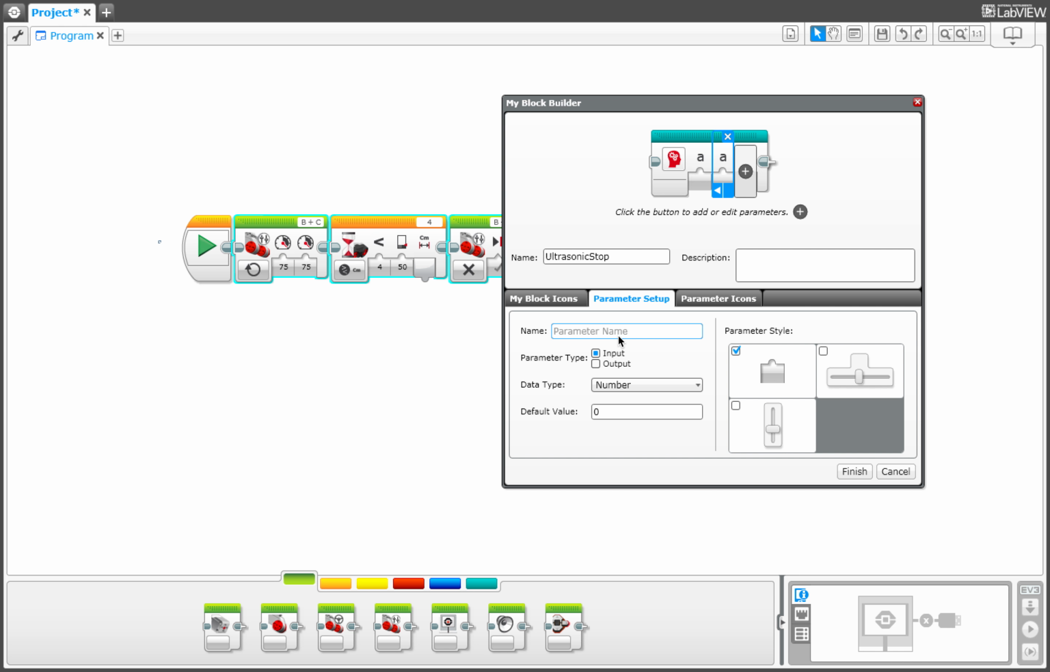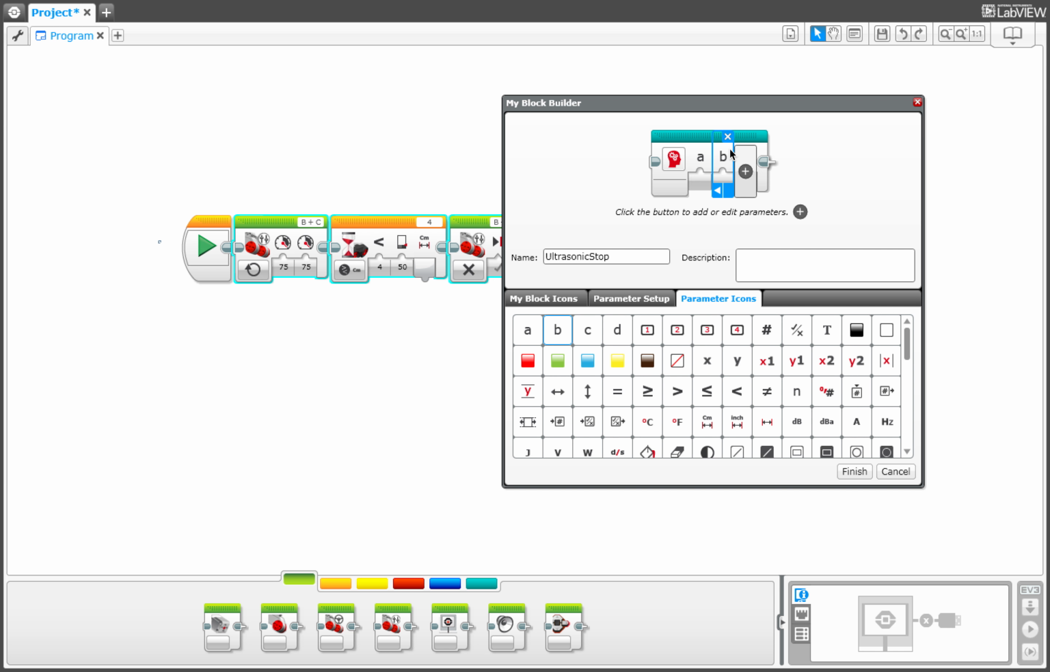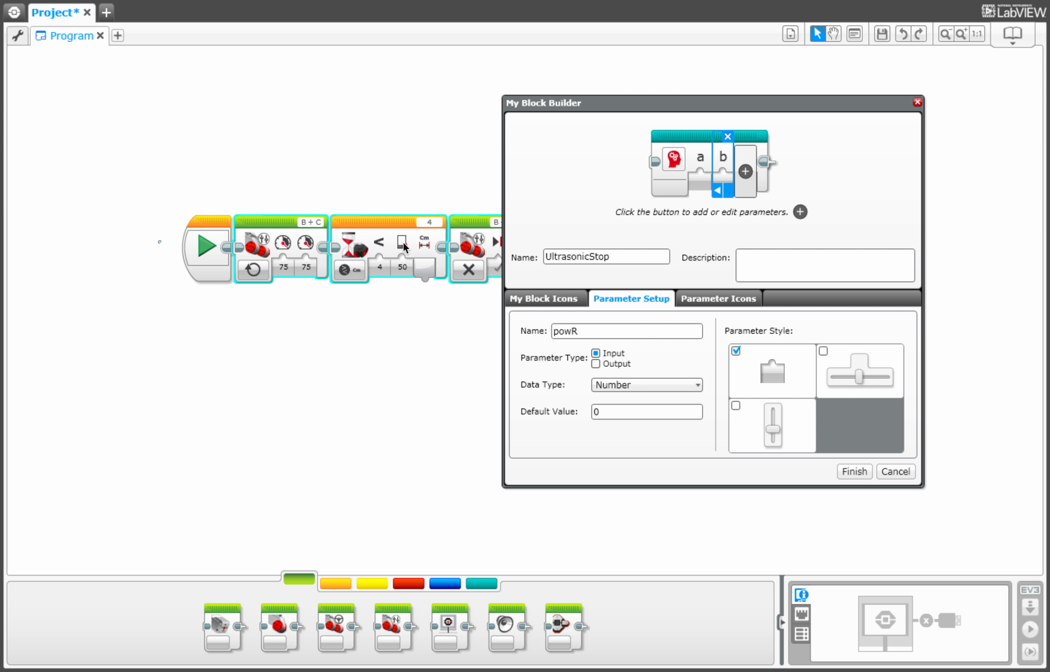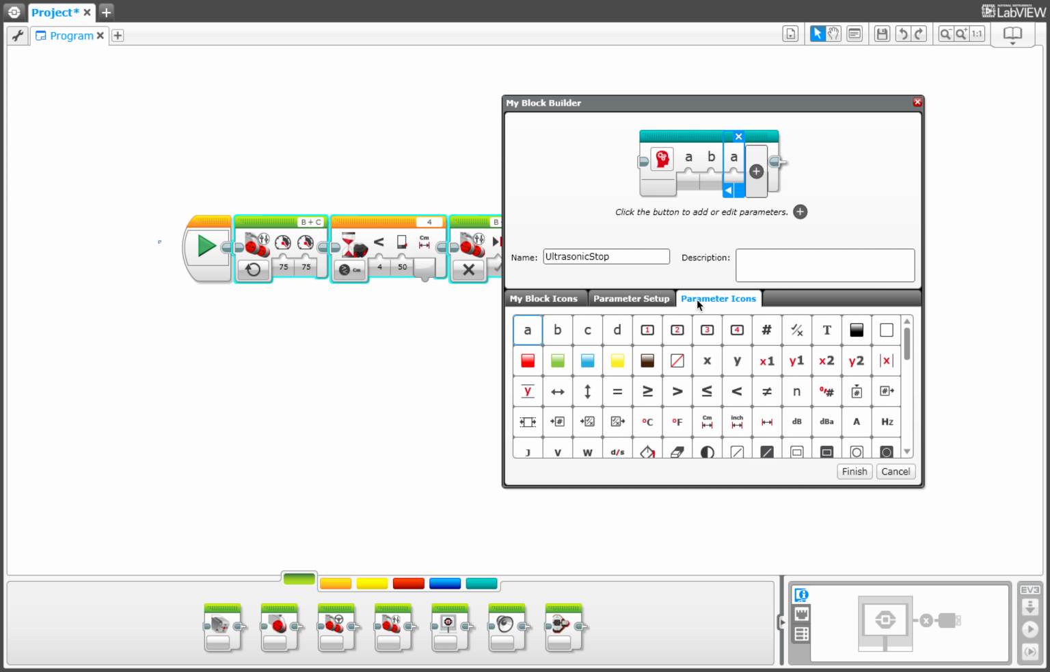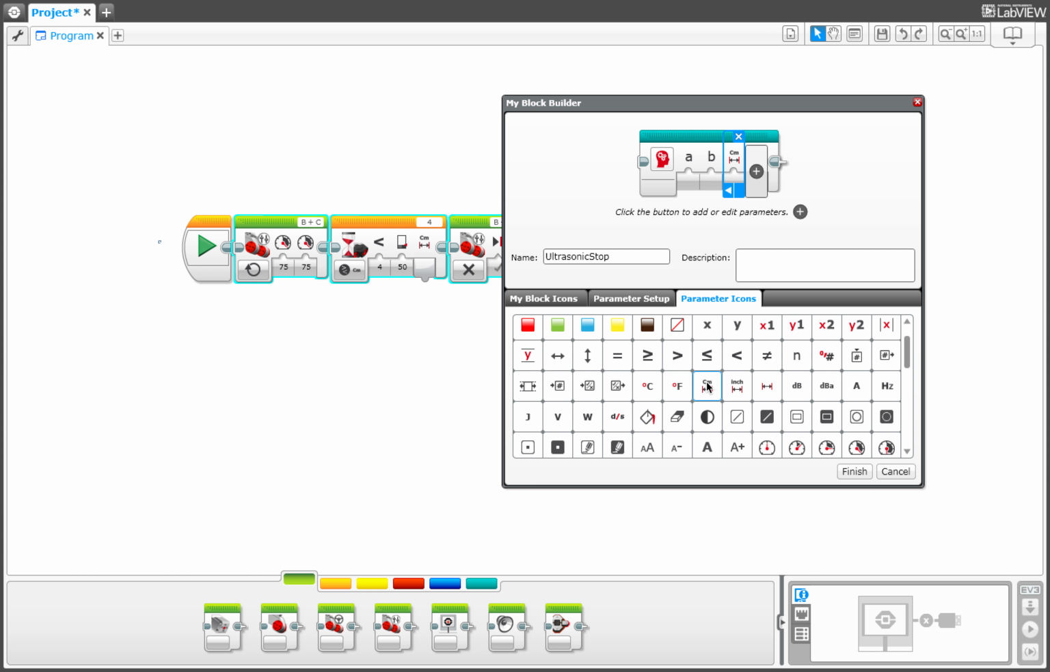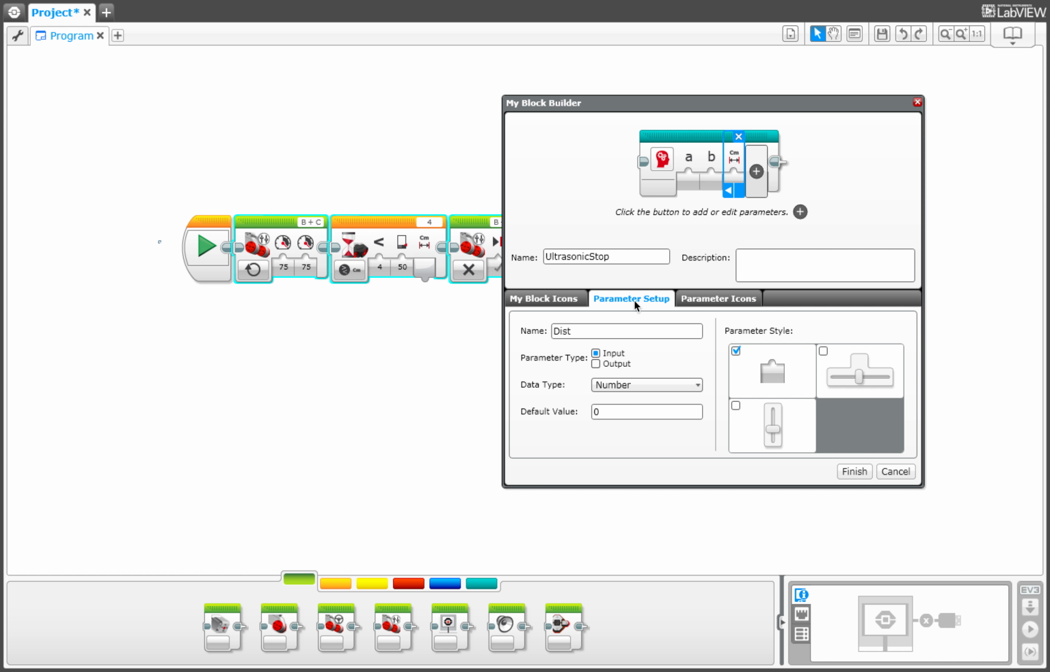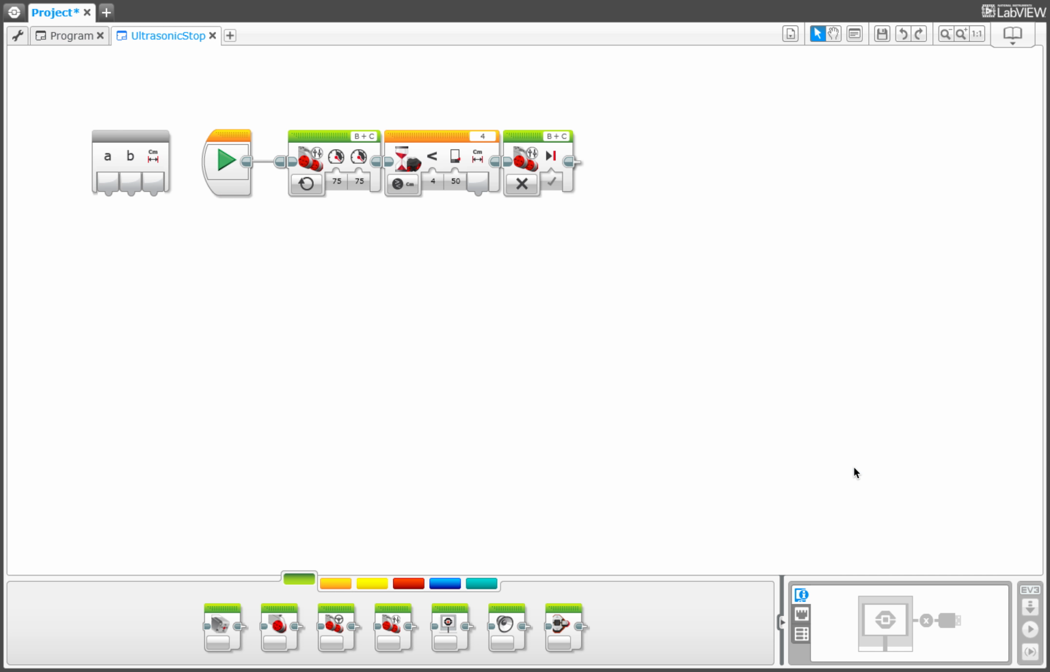Then we need to add another one, obviously for the pow right, the right power. Same thing, number, input. This one we'll call B, just to make it look different. And then we also want to change the distance at which it does. And this one we'll call dist. It's also a number. This one we can actually do a different one. You can use any of these, but let's try that one. Doesn't matter. All right, you can also do outputs, but that's not relevant to this, and I'm sure you guys can figure that out. And now all we have to do is click Finish, and it will show up over